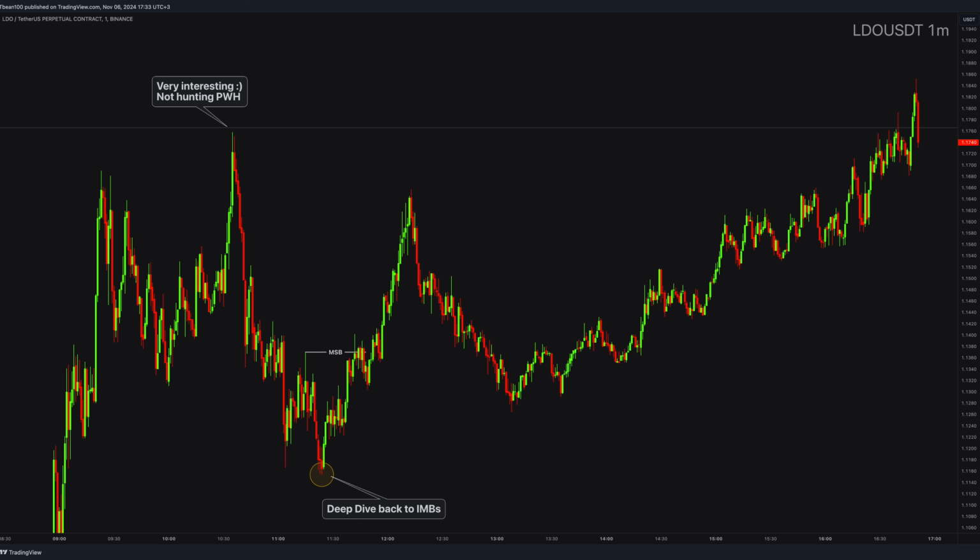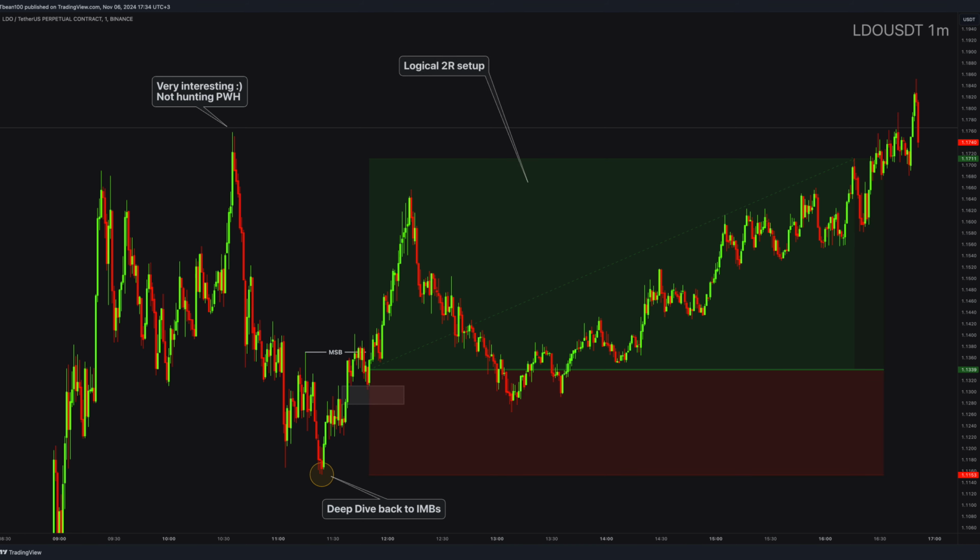Right here, as you can see, a clear market structure breaks with an imbalance. This would be a perfect 2-hour setup for us, a very logical in and out trade with a clear bias. However, life is not perfect. Let's be honest, myself and most traders would cut this trade right here at the break-even.